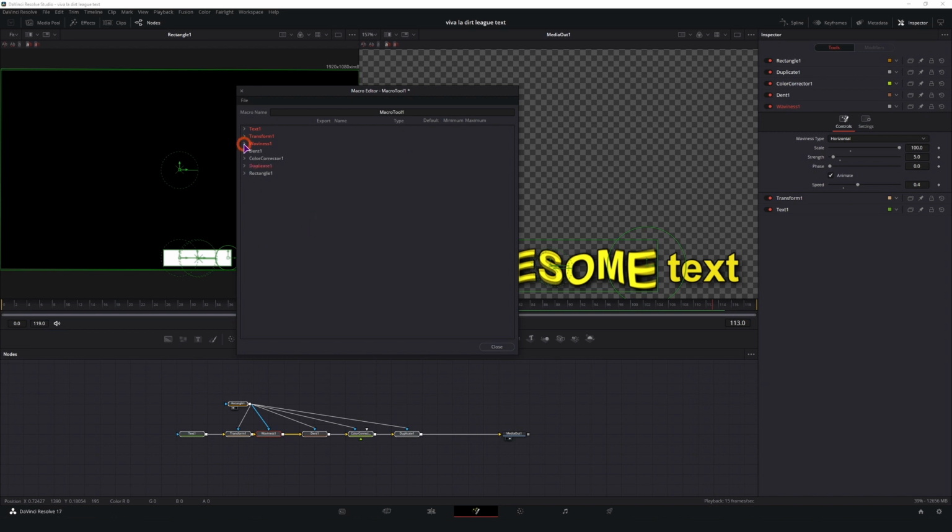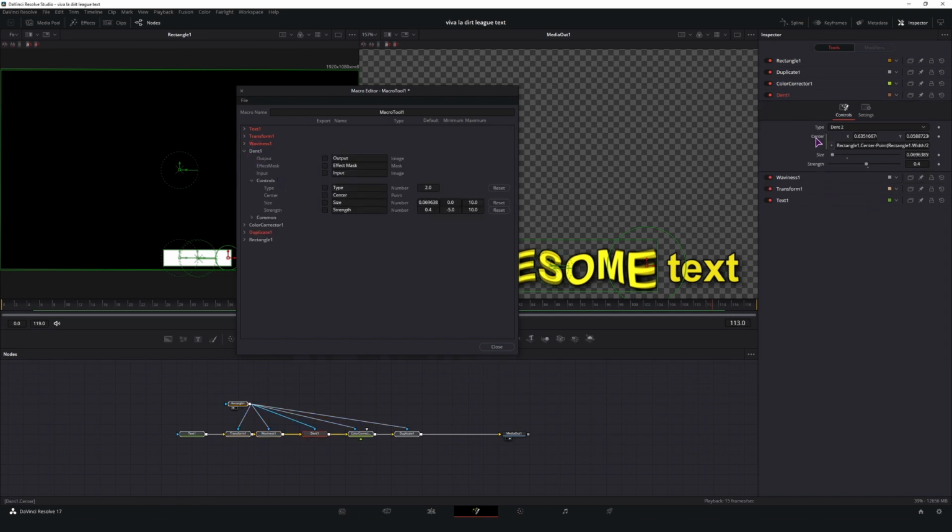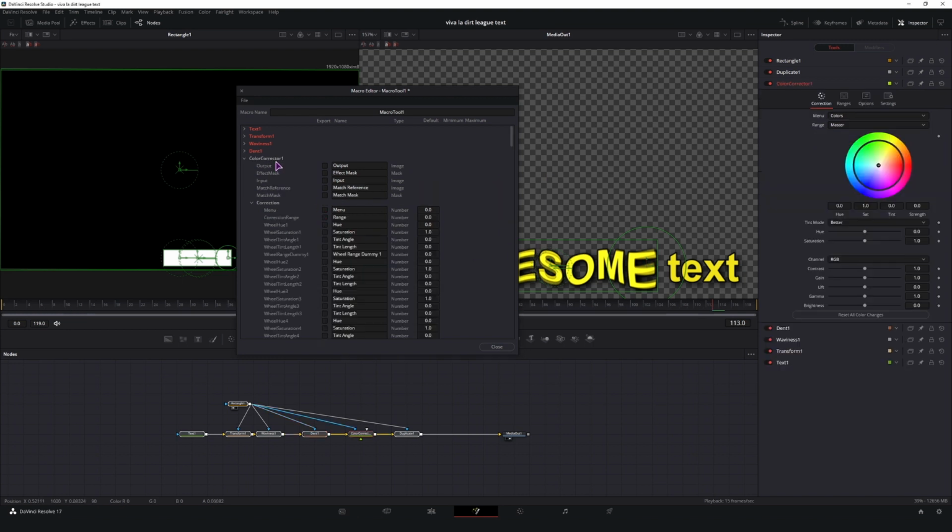So like that. Then we have the dent. In the dent, what we want to be able to adjust, maybe the type of the dent. The center position will be as is. You can change the size and the strength. In the color corrector node, we want to be able to change the saturation, the actual color picker, and the